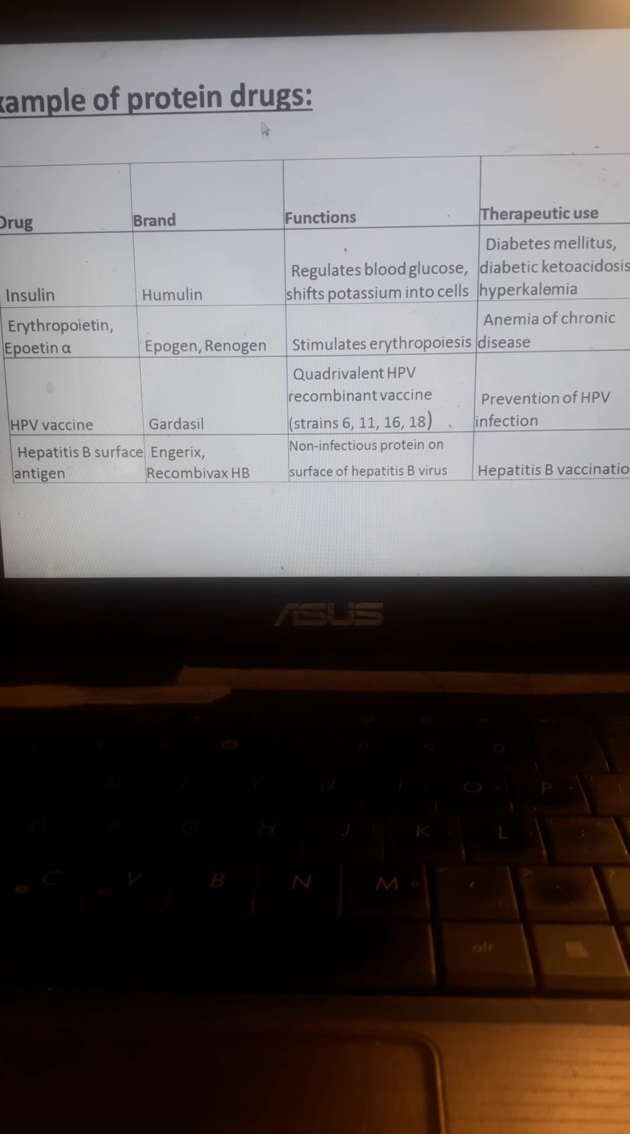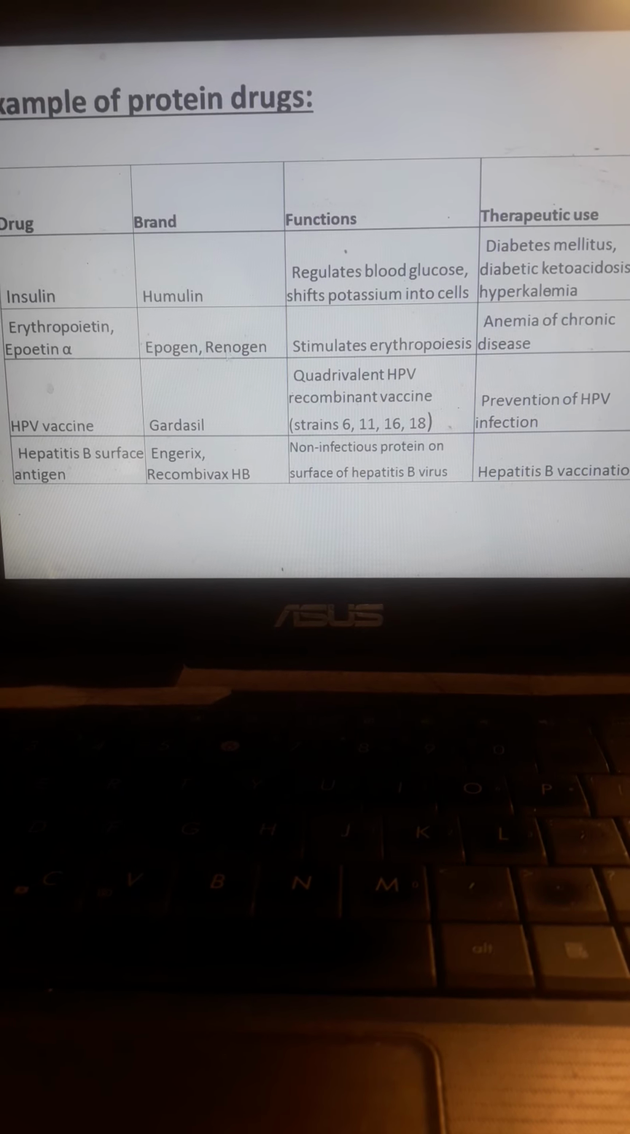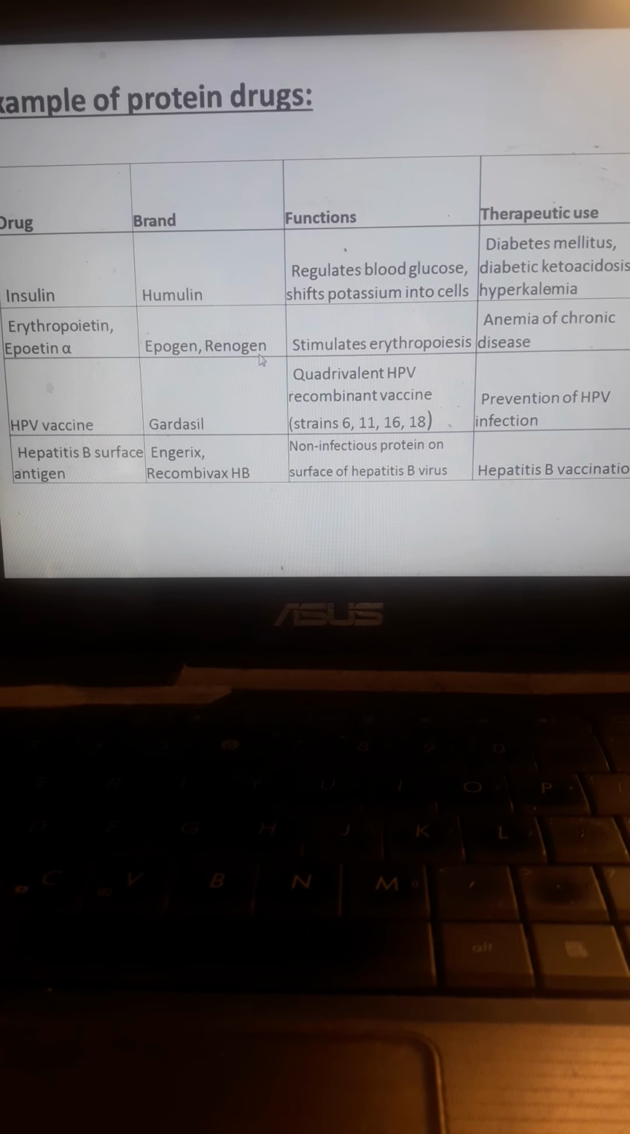So examples of protein drugs: for example, you have insulin, Humulin. This regulates blood glucose and shifts potassium into cells. So take note of this one. It is a treatment for diabetes mellitus, ketoacidosis, and hyperkalemia. Erythropoietin, epoetin alpha, Epogen, Renogen. When you administer these drugs, especially for anemia or chronic diseases, they stimulate the production of red blood cells, erythropoiesis. HPV, human papillomavirus vaccine, Gardasil, quadrivalent HPV recombinant, strains 6, 11, 16, 18, for prevention of human papillomavirus